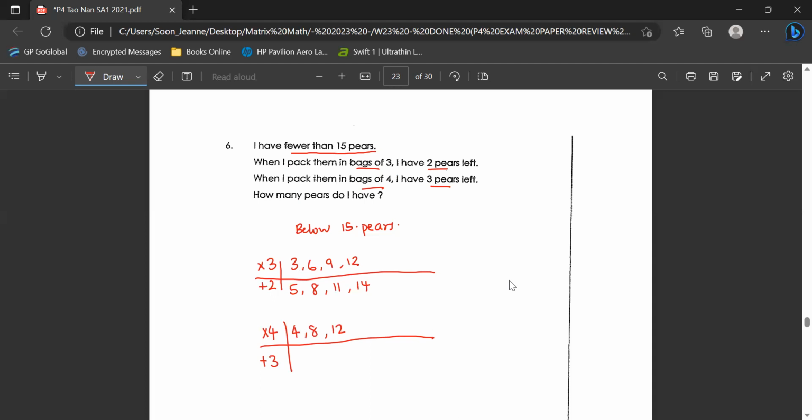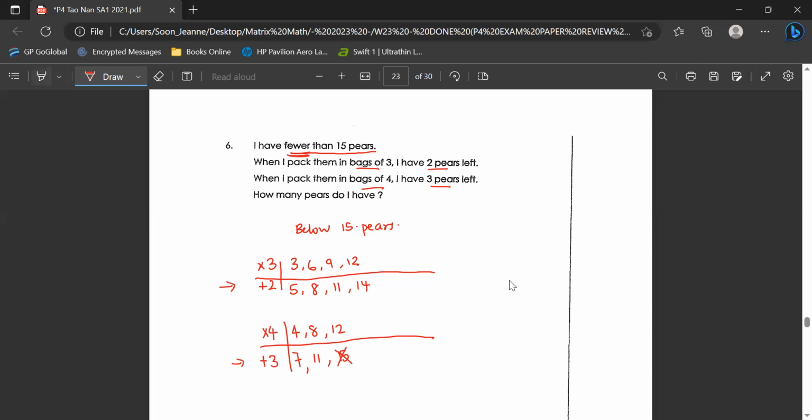Cannot go to 16 anymore because it's more than 15. So 4 pairs packed, remainder 3 means I could have 7. 8 pairs packed, remainder 3, I could have 11. 12 pairs packed, I could have 3 means I have 15 pairs. So this one cannot accept because I have fewer than 15. So 15 cannot accept. So if you look at these 2 rows of total, it has to be the